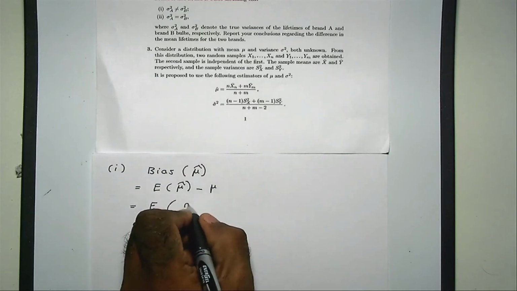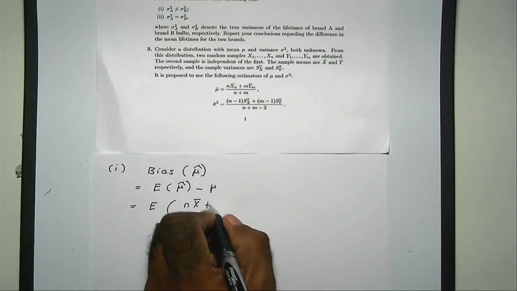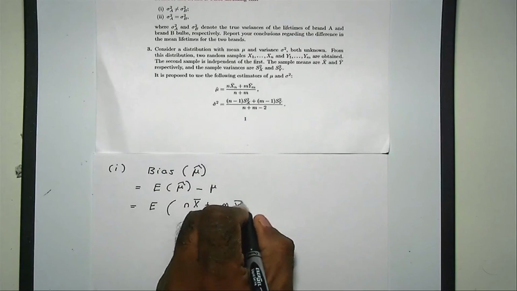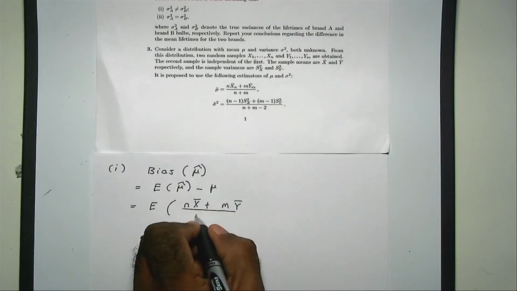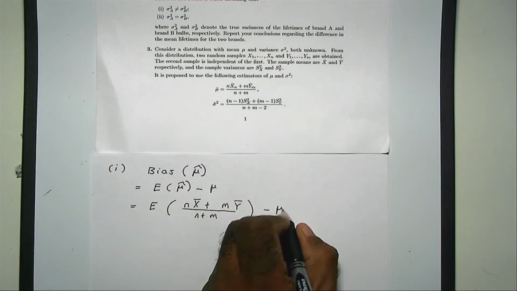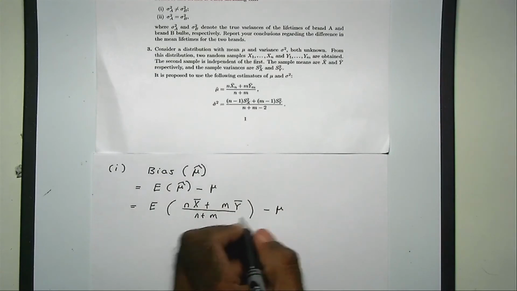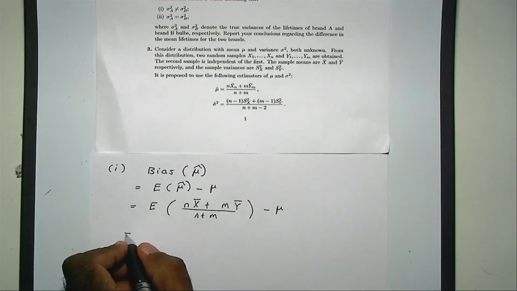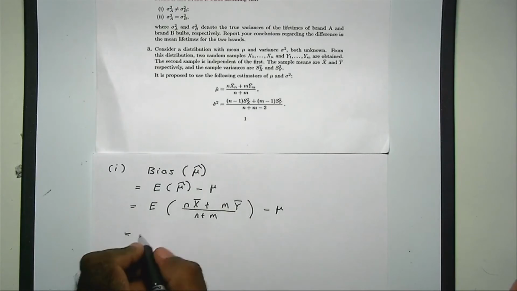This is times x bar. Now, taking the expectation inside, you get